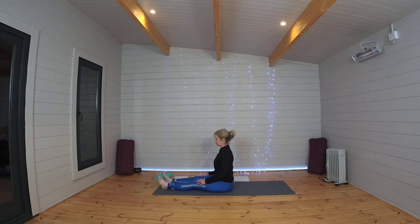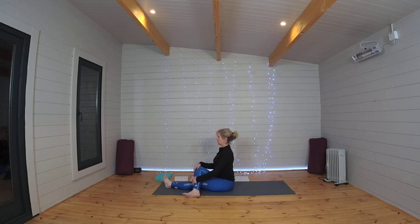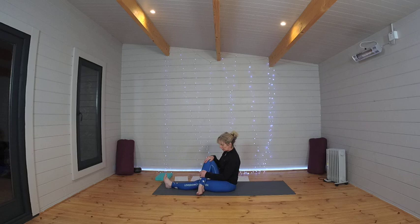over the hips. And taking the right leg, let's cross it over the left leg. So we've got our right knee over our left knee, sitting up nice and tall, getting the body used to that position, engaging the core. And then let's get the right foot onto the mat